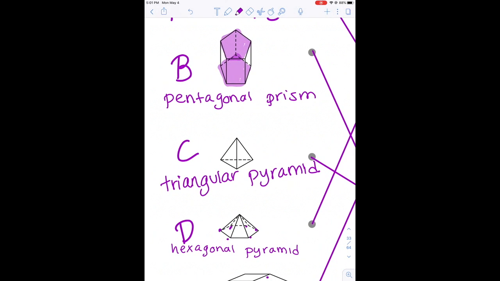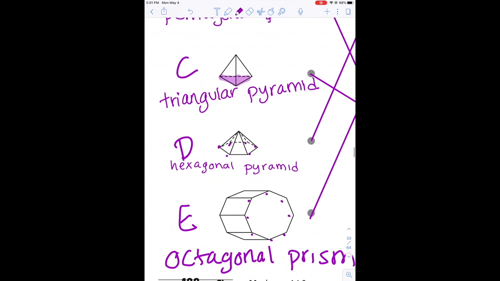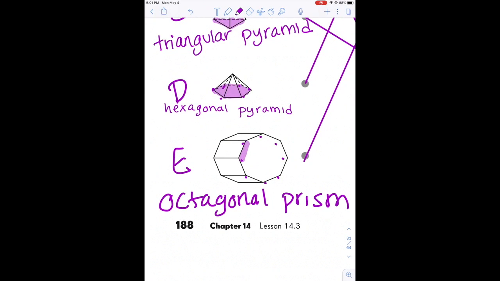In a triangular pyramid, it'll have a triangle base, and that's where the word triangular comes from. And then all the other sides are triangles, which makes it a pyramid instead of a prism. In a hexagonal pyramid, the base of it is a hexagon, and then all the other sides are triangles. There's only one hexagon, everything else is a triangle. And then in the octagonal prism, the base is an octagon. We can't see the other one, but I think it's pretty safe to assume that there's a second octagon in